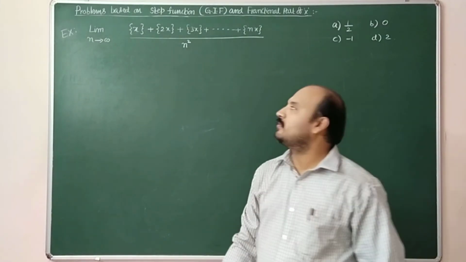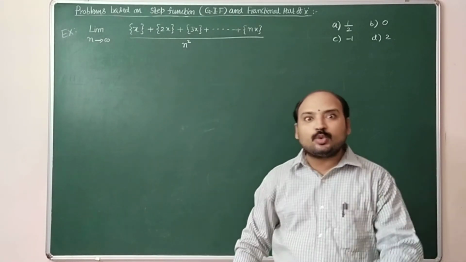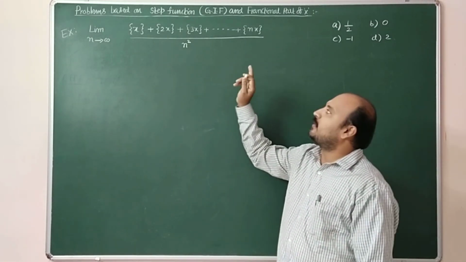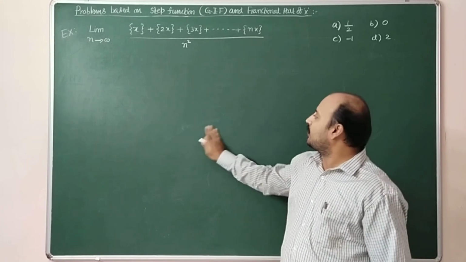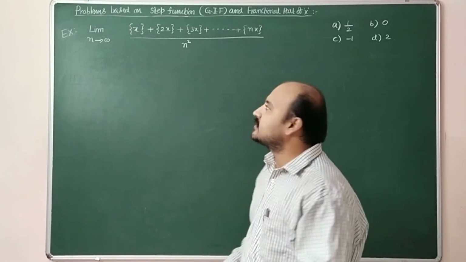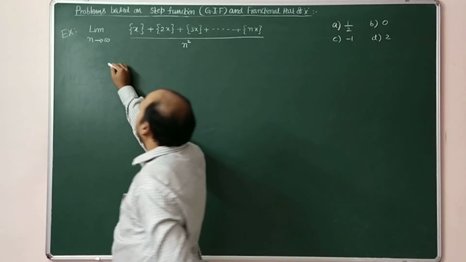The next question. Limit n tends to infinity, fractional part of x plus fractional part of 2x plus fractional part of 3x plus and so on, fractional part of nx, divided by n square. Here you have to know, we know that